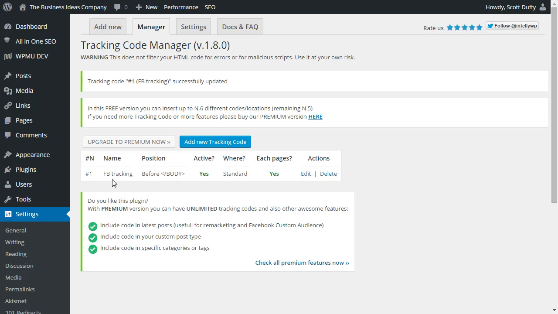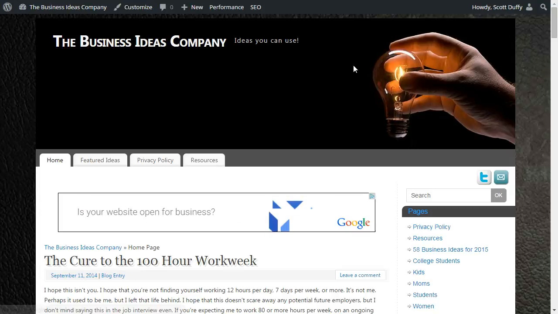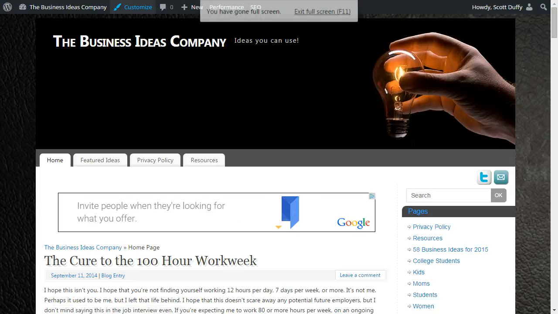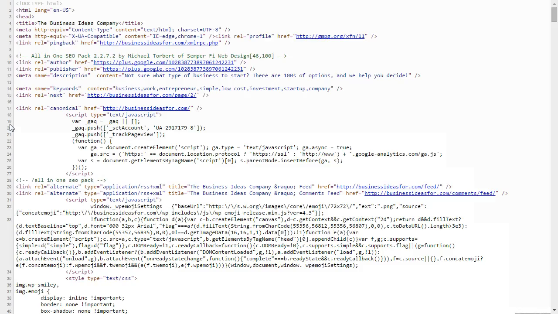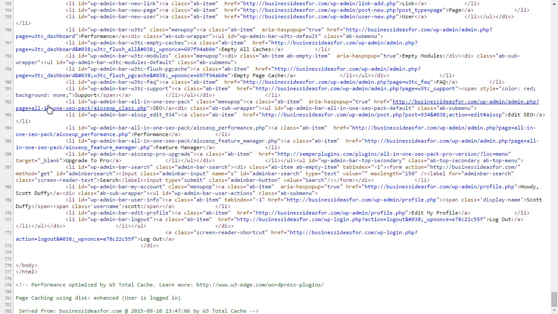So there we go. Apparently, I have a Facebook tracking pixel at the end of my site. So before the end of the body, it's active on every page. I can verify this. I'm going to go and view my site. Okay. And this is maybe a bit advanced, but I'm going to view the code of my website, scroll to the bottom,